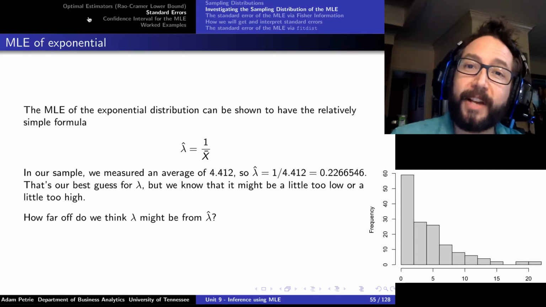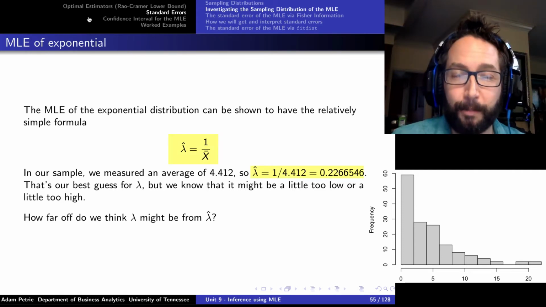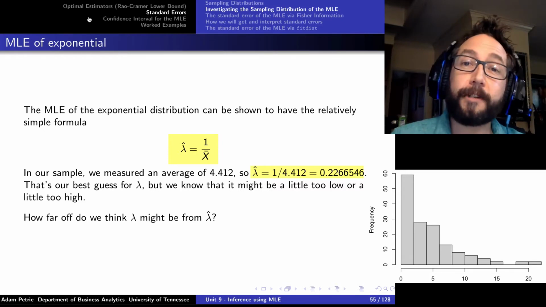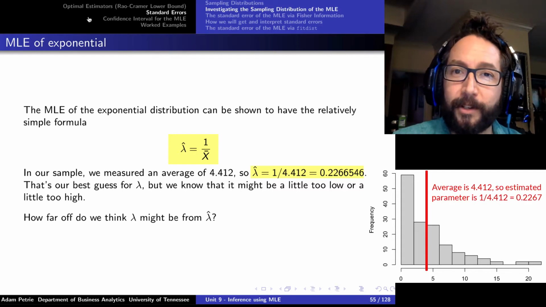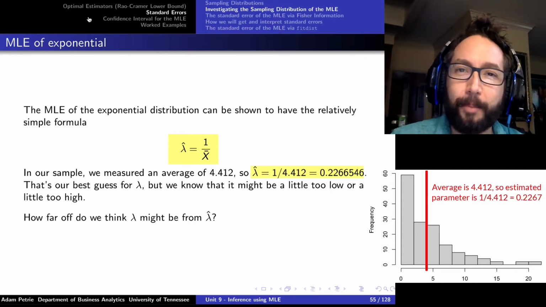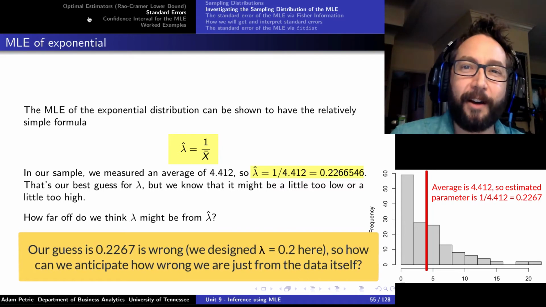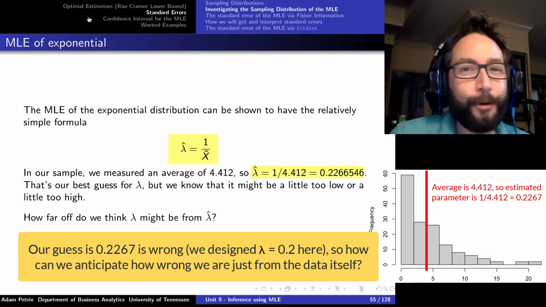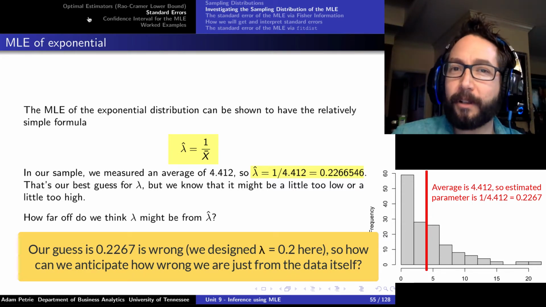Well, we've done this exercise in the past. It turns out that the maximum likelihood estimator for lambda for an exponential distribution is just the reciprocal of the sample average. So the average was 4.412. Take the reciprocal. Our good guess for lambda is right at about 0.2267. So we obviously know that our guess isn't going to be exactly correct. The true value of lambda is probably going to be close to this number, but just how close is it